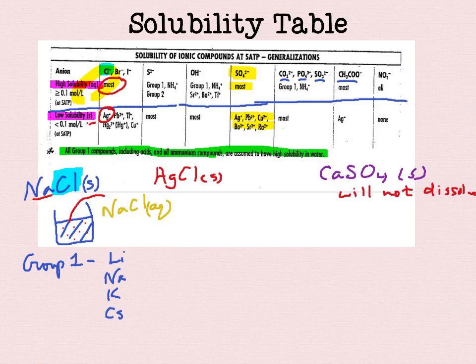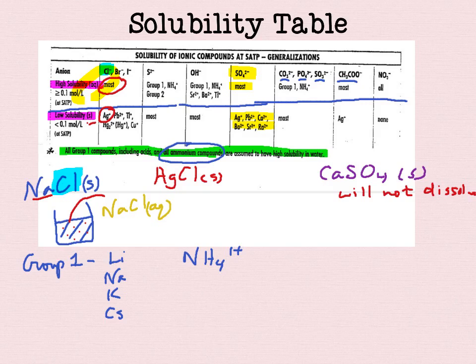Any group 1 compound, no matter what it's with, will always dissolve in a water environment. Any ammonium compound, so ammonium is NH4, if you put an ammonium ion with any anion, anything at all, be it a nitrate, acetate, any of these ones on the table,